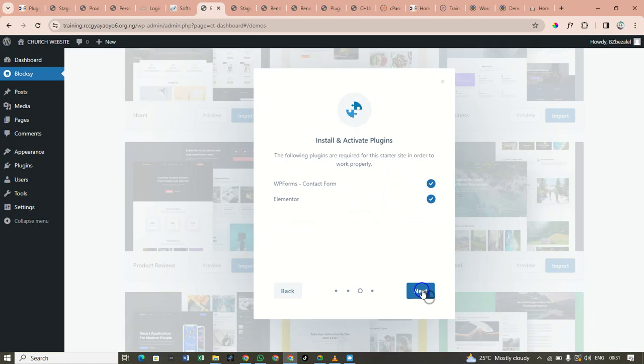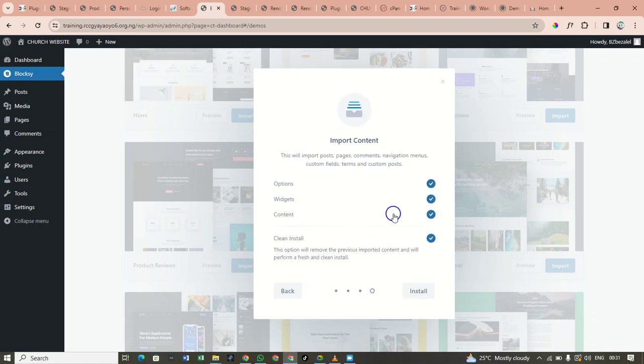Okay, let's just go. It's very easy and it's common. These are plugins that come with the theme that they suggest that we install. You can decide not to install them, or you'll be needing them later. So why not install them? It's very important that you install them. So just leave it and install. But the thing now is